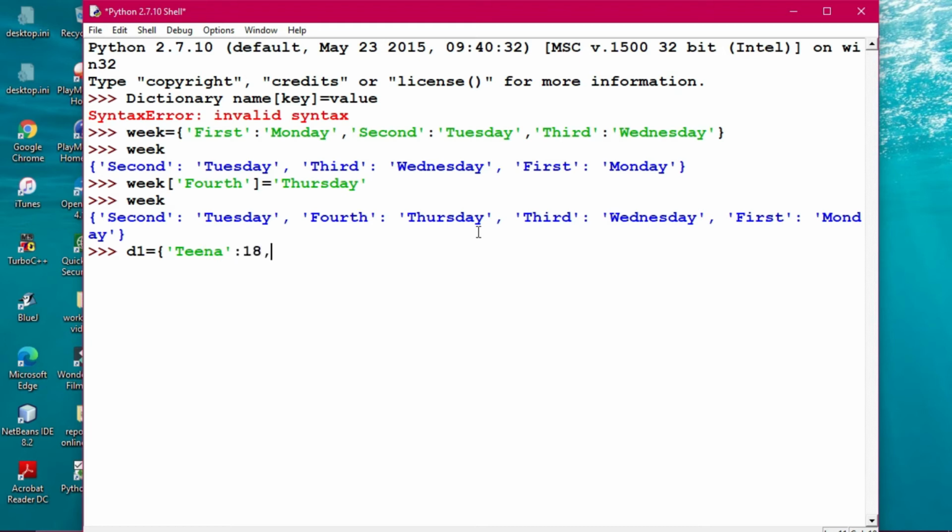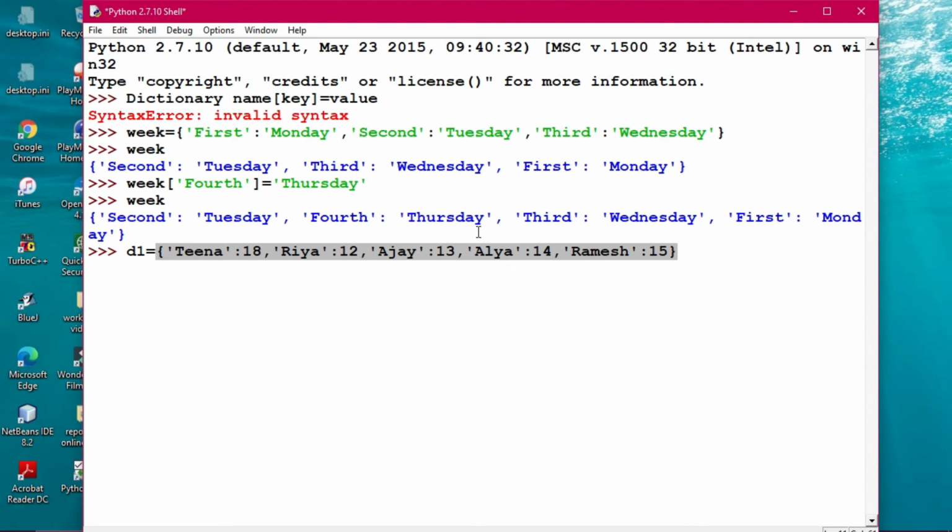Then Ria is 12 years of age, Ajay is 13 years of age, Alia is 14 years of age, and then Ramesh is 15 years of age. This is the dictionary that I have created.